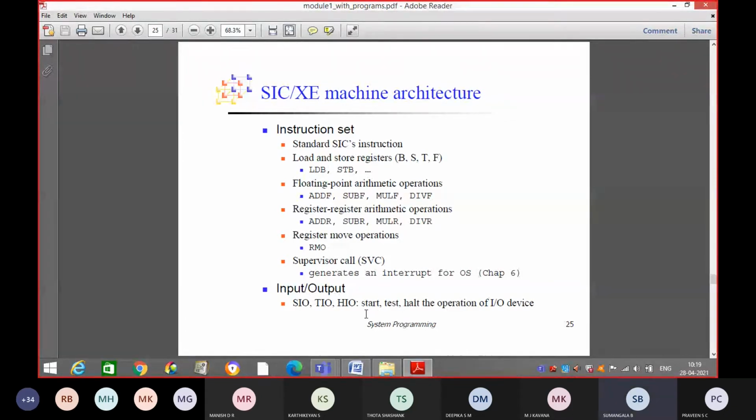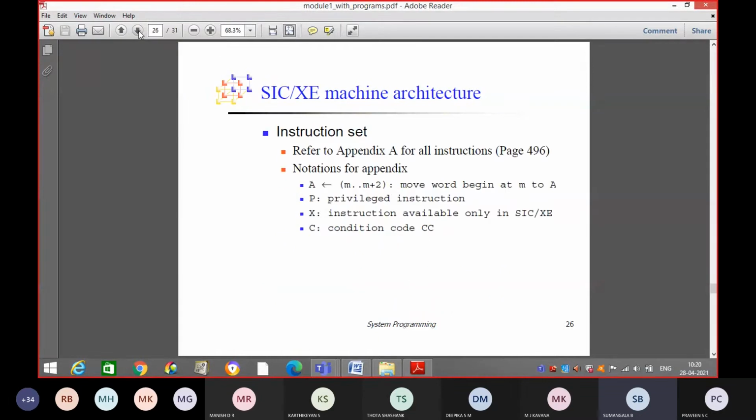That means the programs we have written in the SIC machine, the same programs we'll write using the SIC/XE machine architecture. Here we have a lot of instructions. In the SIC machine we have only a limited instruction set, but in SIC/XE we have a large number of instructions. Why? Because we have a large number of registers, and it also supports arithmetic operations on floating point.